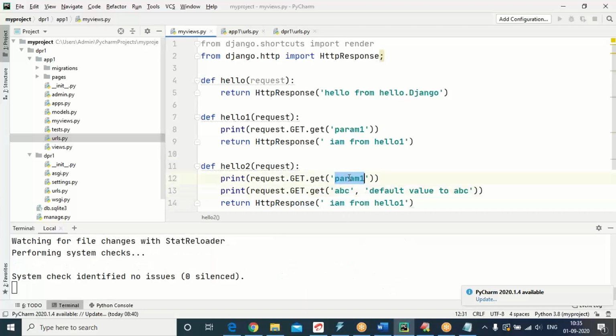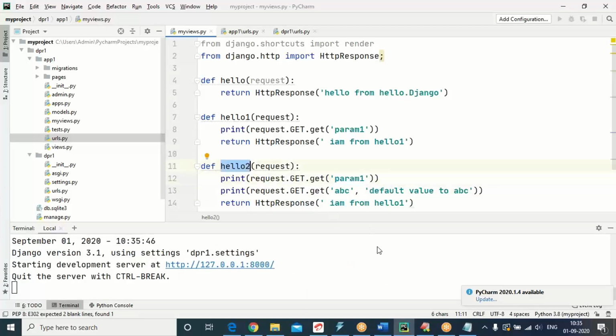So totally two parameters for hello2. You need to supply two values in the query string. If you are supplying param1, then that value will be used. If you are not supplying param1, then None. What about ABC? You need to supply a value to ABC. If you are not supplying a value to ABC, then the default value will be used for ABC.